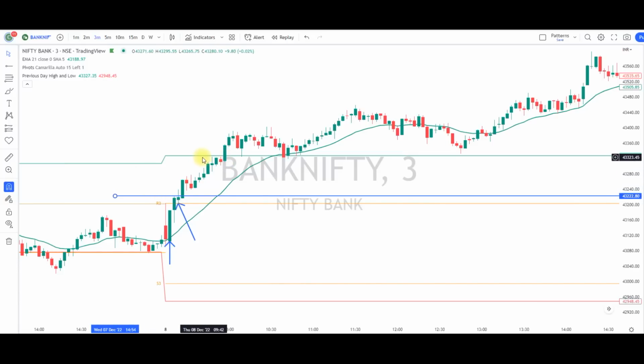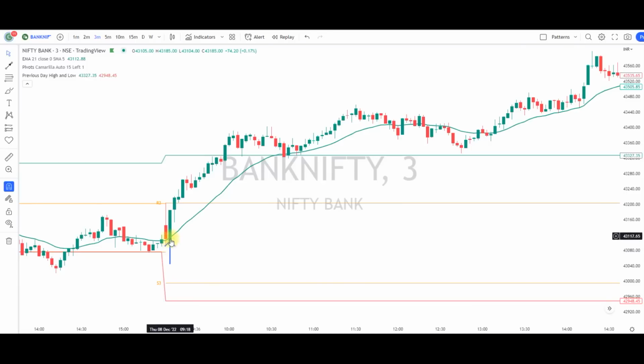And we can see the previous day high is here. So we can book our profits there, or you can book the profits where we got the pullback here. If you're trading in more lots, you can always book 50% here and 50% you can put the cost to cost. And once we reach the previous day high, we can always book our profits. And here we got the all